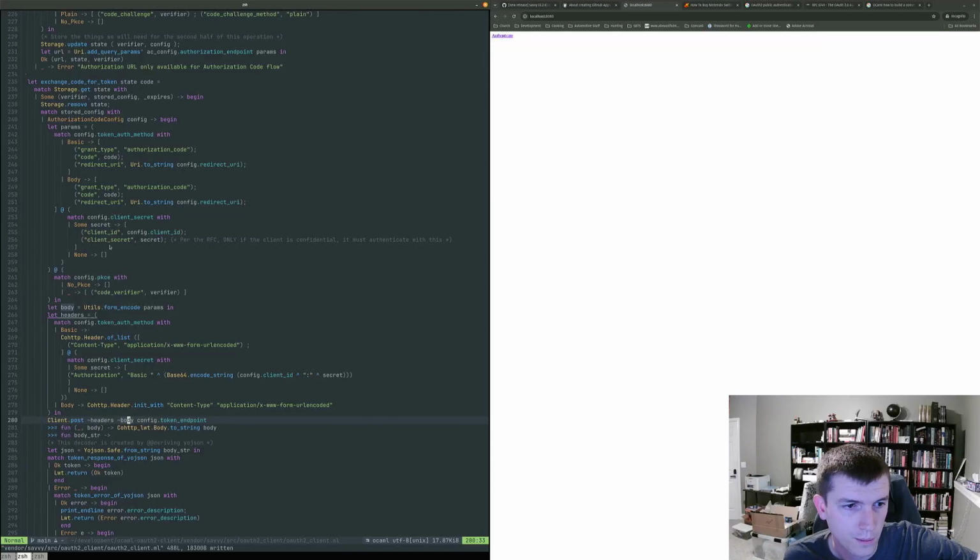The upstream is probably not liking the fact that client ID and client secret are not there. Maybe I still need client ID no matter what. Maybe I always need client ID. That could be.